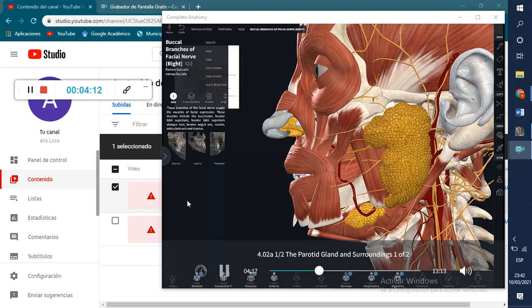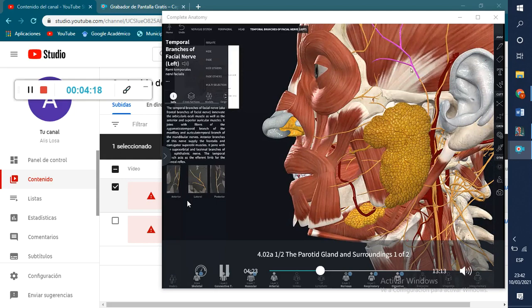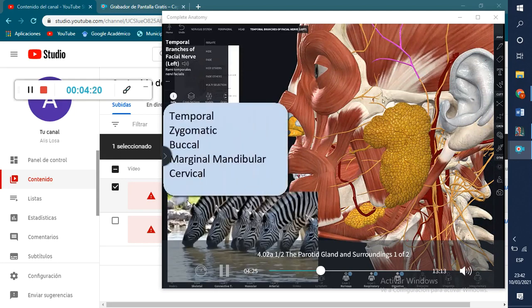So if you say you have a temporal branch of the facial nerve, I should actually highlight here, there'll be temporal branches of the facial nerve, so T. Zebras would be zygomatic branches. B are buccal branches, here for instance. M are marginal mandibular branches, and C, as in cheek, would be the cervical branches that innervate the platysma